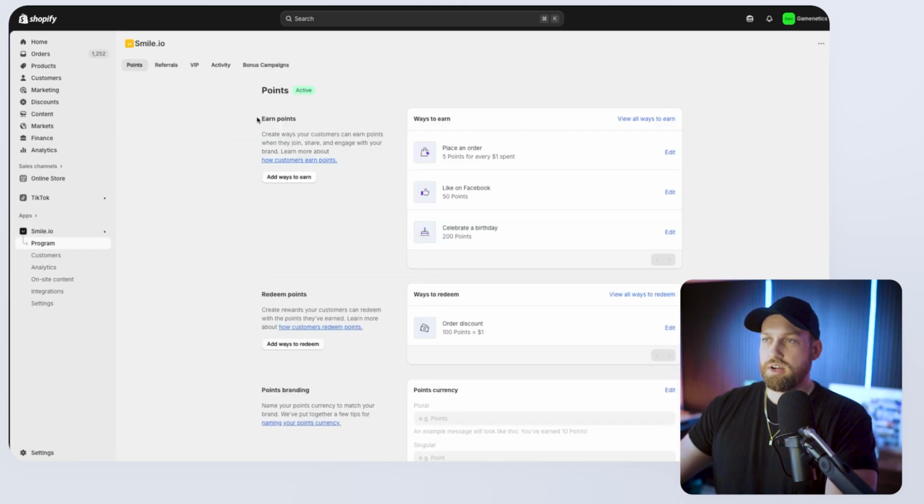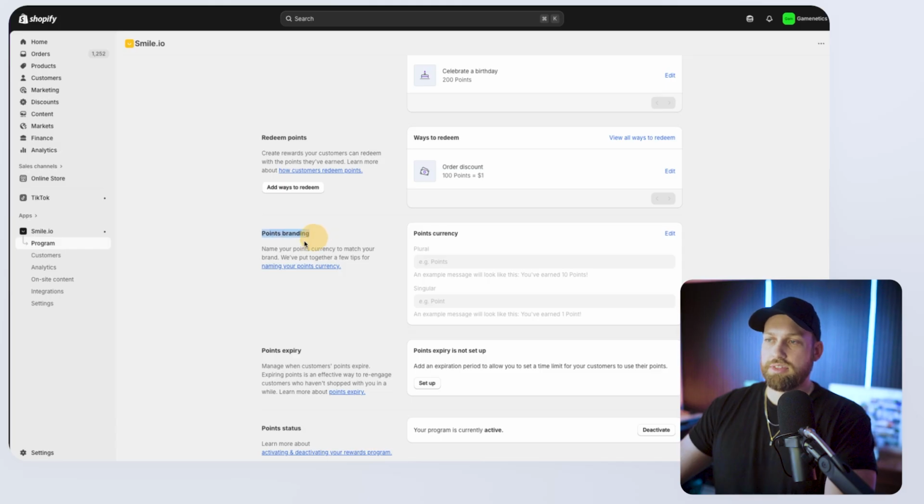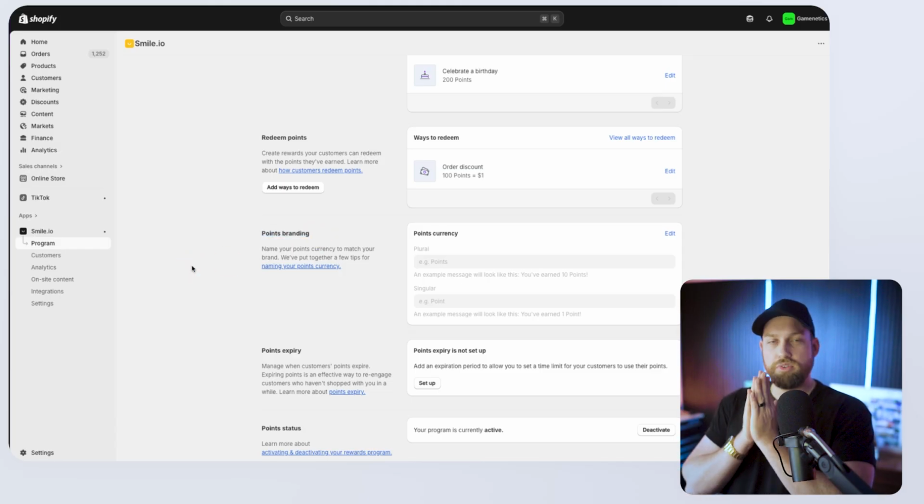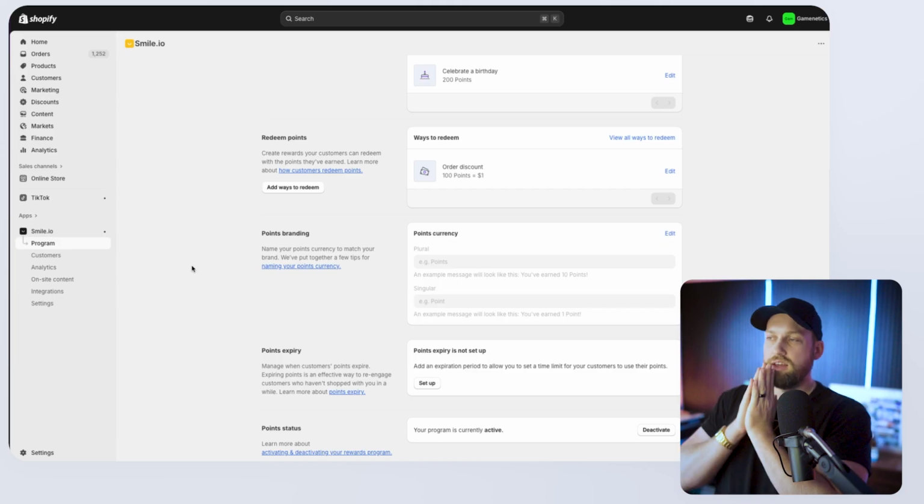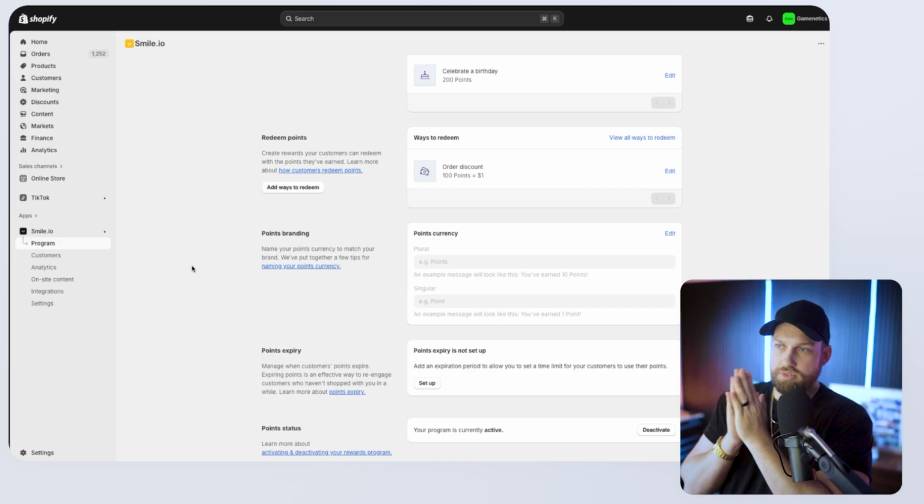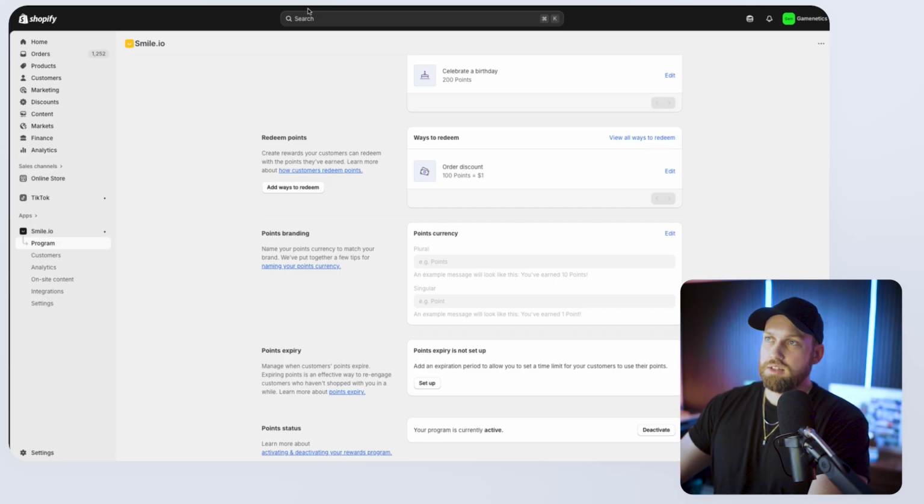Now, we've talked about the earn points, the redeem points, and now we need to also look at the points branding. So the points branding is we've got to think of a name for the points that we get. Now, in the realm of gaming, we want to find something that is relatable to people in gaming. So let's say if you guys aren't sure or you need to figure out a little bit on what you could do,